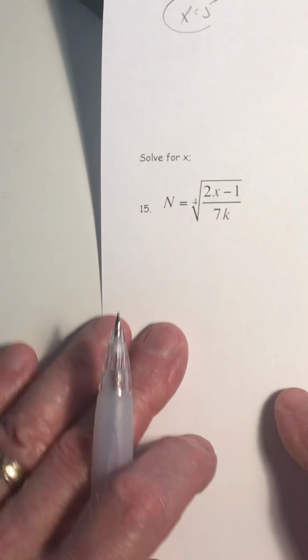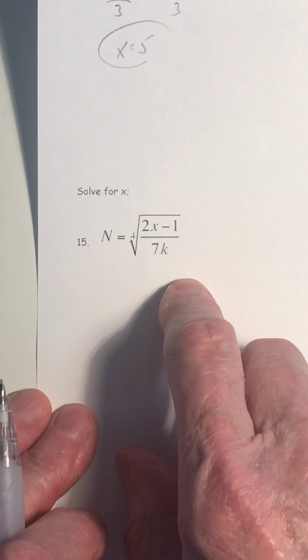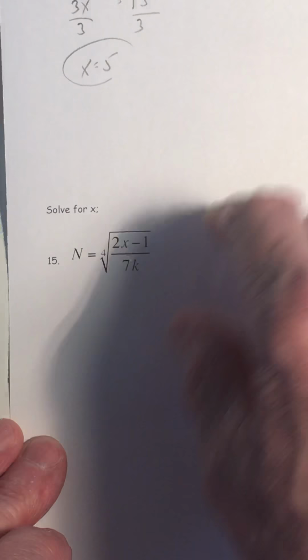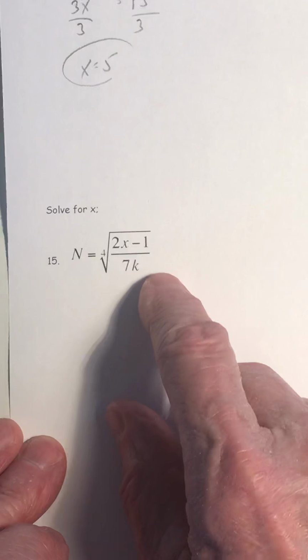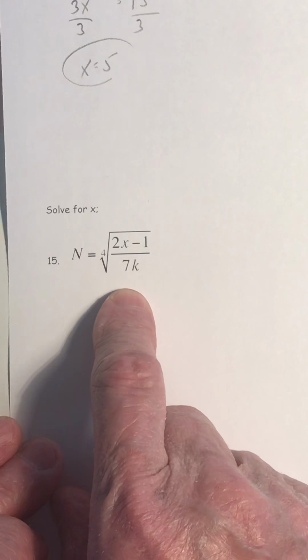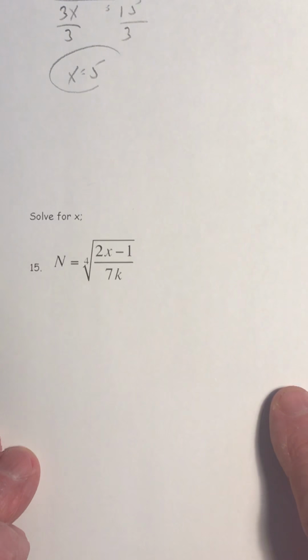And then number 15, solve this for x, means rearrange everything so that it reads x equals such and such, and x equals some expression with the other variables, and maybe the numbers too hang out, but no x on the other side. One x all by itself on one side. So